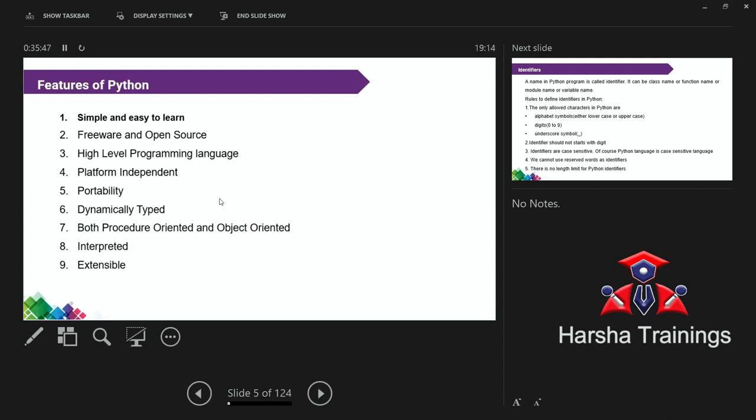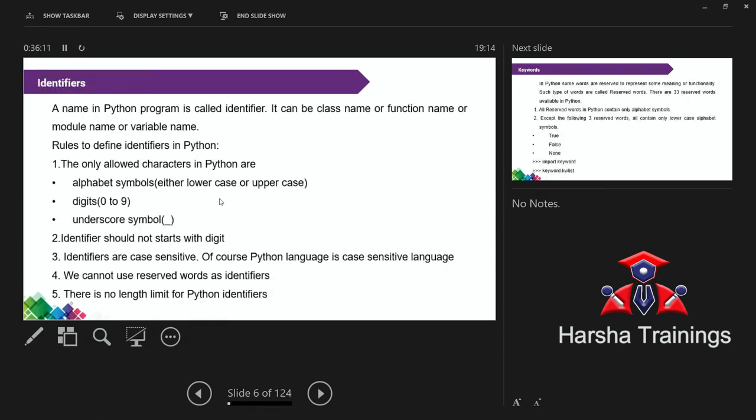Even though it is slow, because of its remaining features, it has become so popular. Java also, why is it popular? Even though it is slow, it is not in milliseconds or seconds, just a fraction of milliseconds. Okay. All these are features of Python programming. Now, coming to original topics.